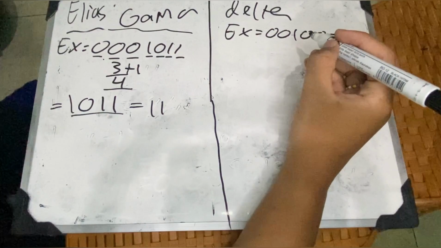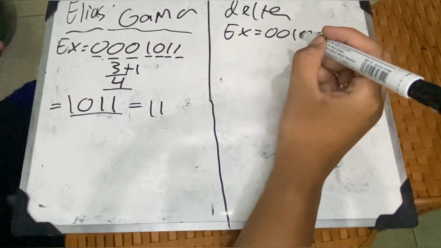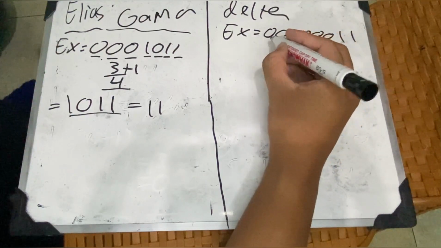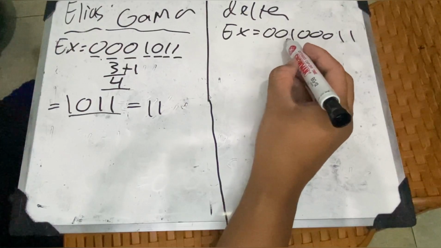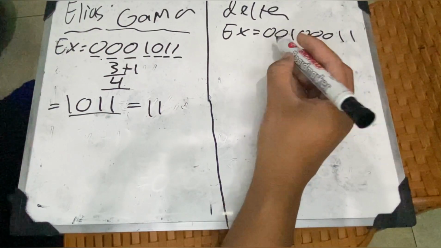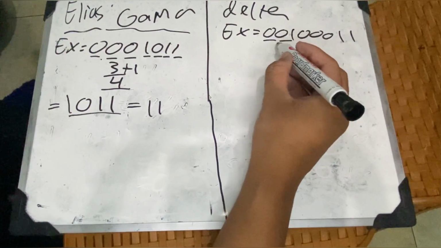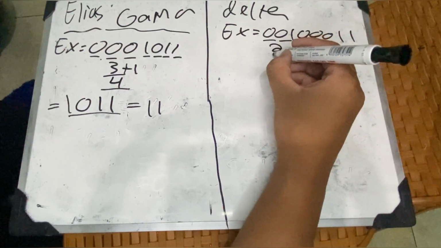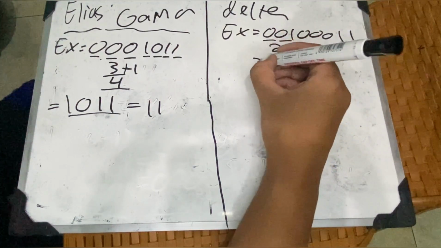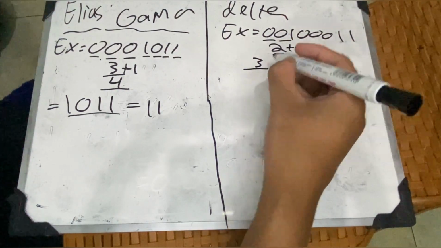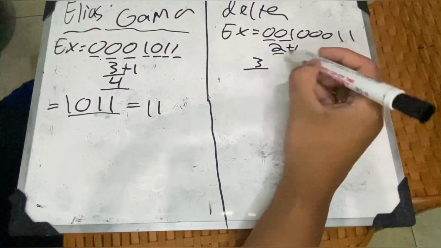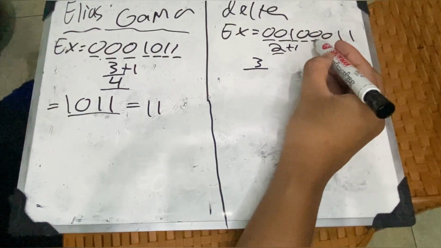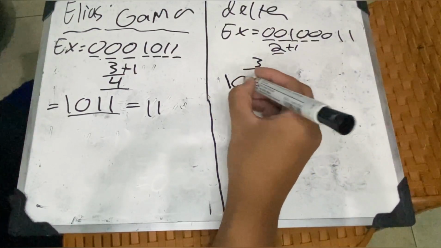And then we move on to the alias delta. The alias delta is kind of the same as the alias gamma. First, we count the number of 0 bits until we meet bit 1. There are 2 zero bits. And then same as before, we add 1 to this number, so it becomes 3. This number 3 is the number of bits that we have to check. So there are 1 2 and 3, so there is 1 0 0.